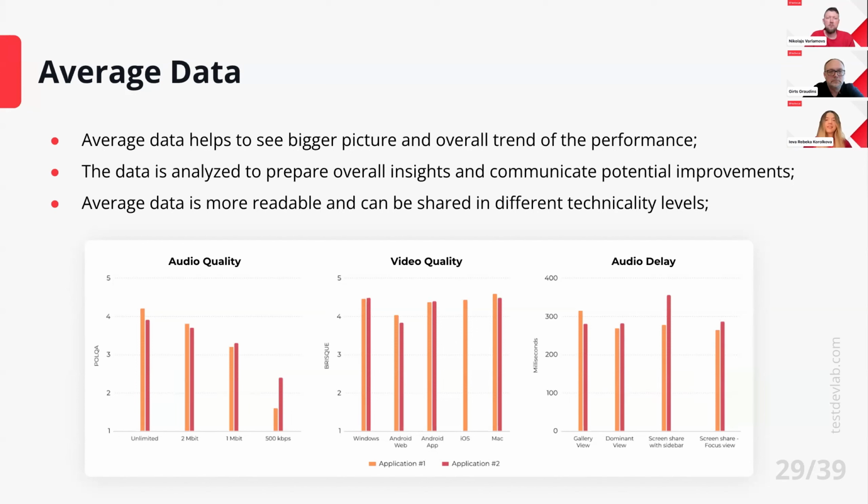However, the client's product is outperforming in another area. And when that information is explained, then the receiver of the report can make needed decisions afterwards. Also, average data overall is more readable and more easily understandable to different technical levels of the receivers. So, for example, both management and the very technical engineering side will understand this sort of visualization as well.